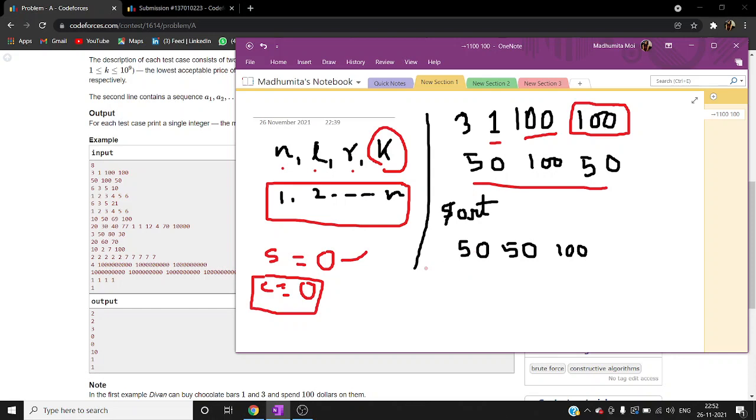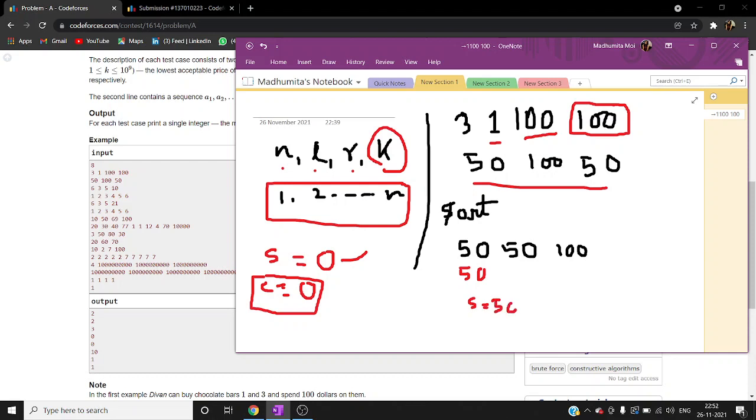Here S is already 0, so when we traverse, when it is 50, S is going to be 50, and it is already fulfilling the condition that it is greater than or equal to L and less than or equal to R. So S becomes 50.